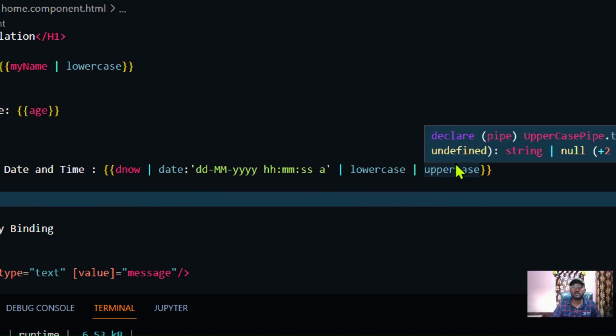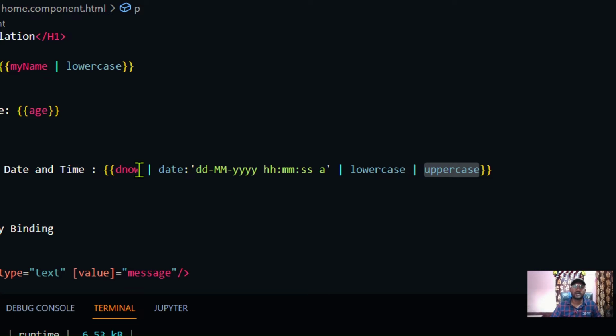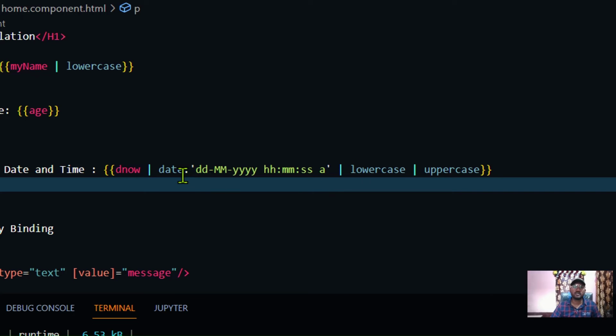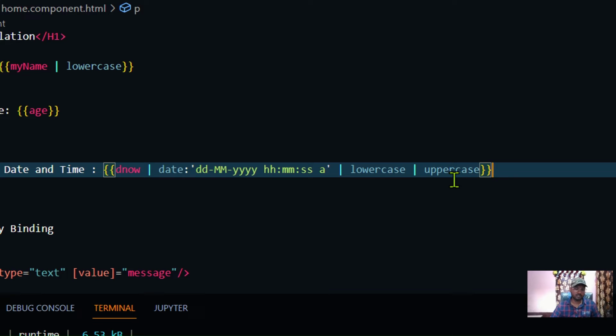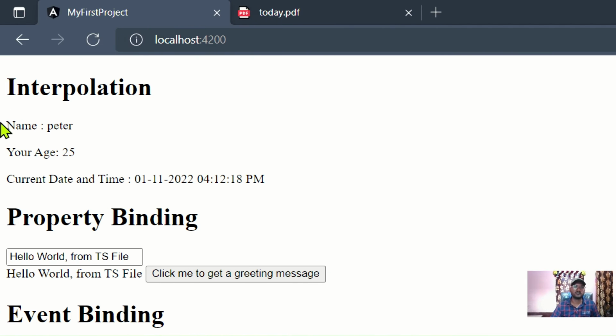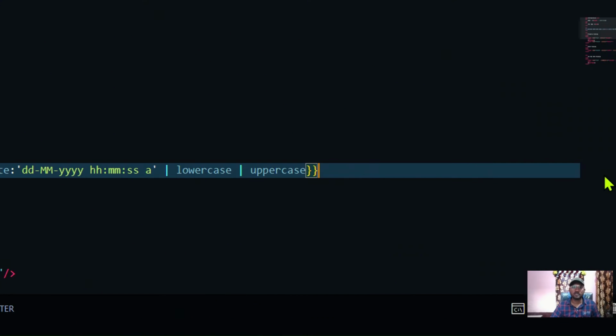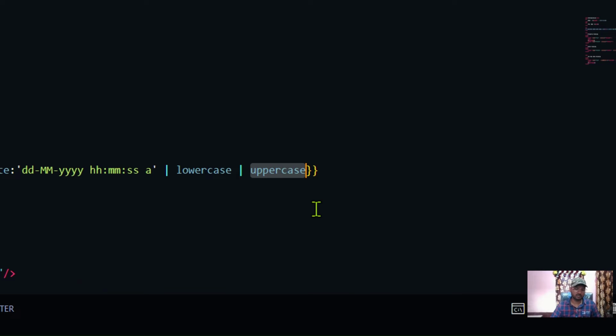I'm assuming it will be uppercase, because the pipe will first transform the date in this format, then transform this transformed value to lowercase, then this lowercase value is going to be transformed to uppercase, right? So let us just save it and check on the browser. See, it is doing the same. Whatever pipe is mentioned last will be effective for that particular value. So if I just exchange uppercase and lowercase,